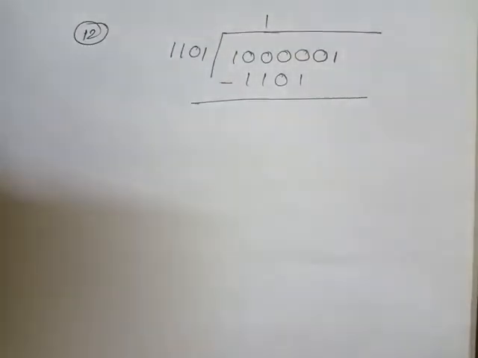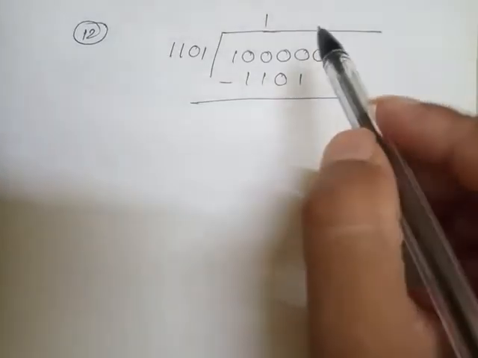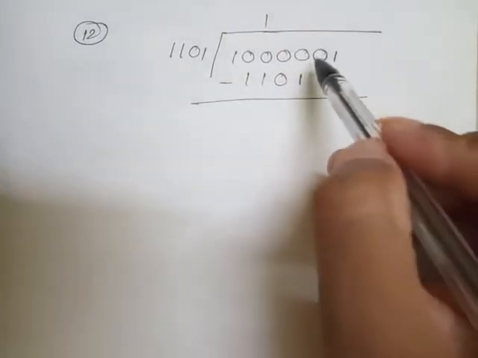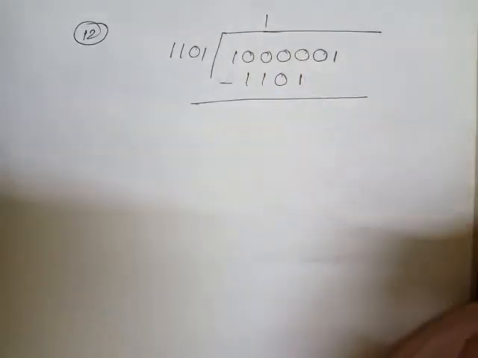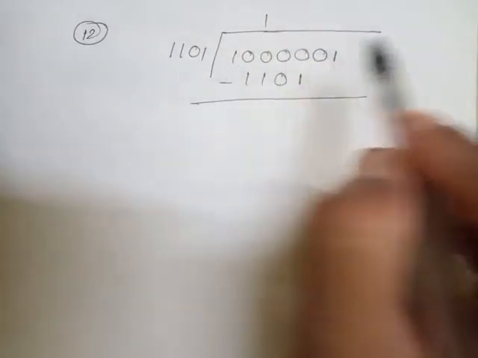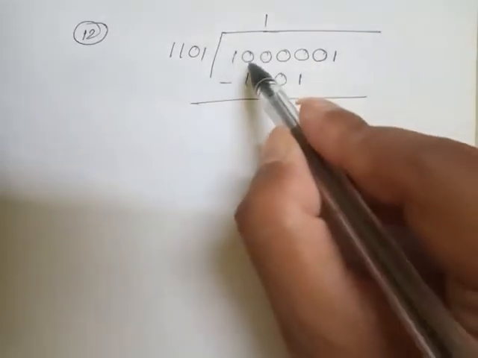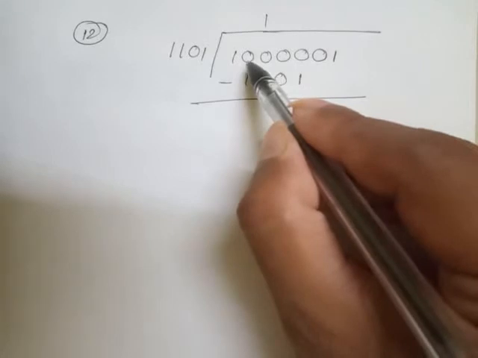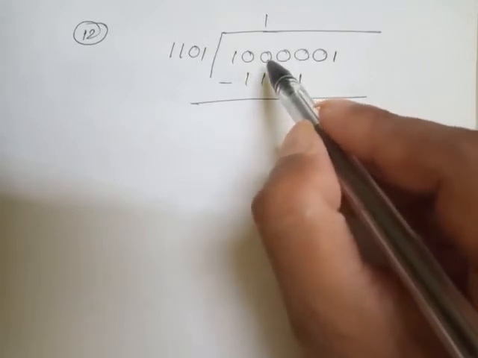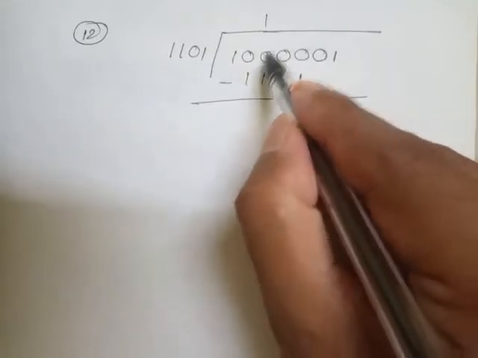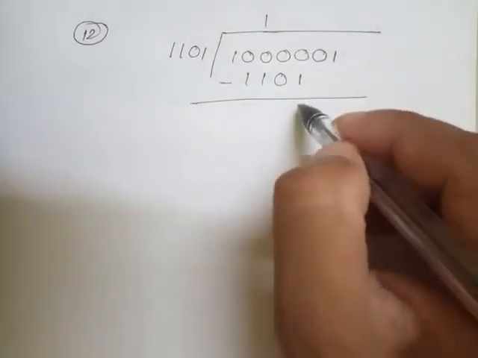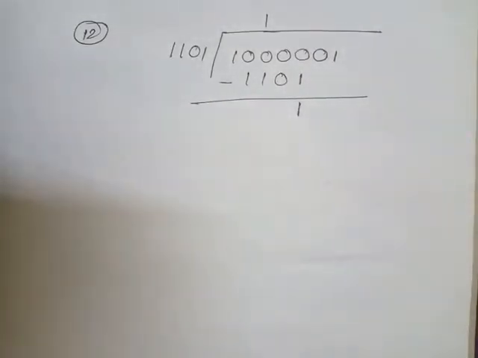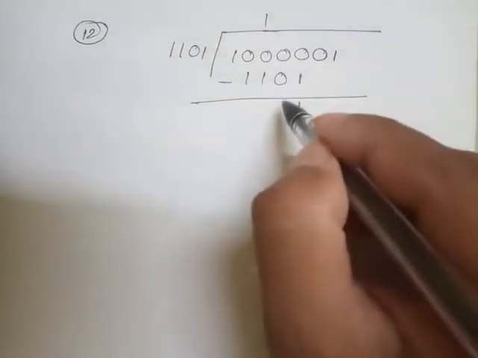Now go for the subtraction. Since there is 0, if it were decimal, carrying 1 would make it 10, and 10 minus 1 is 9 in decimal. But here it is binary, so we take a carry of 1, which makes this 2. Carry 1 means there is 1 and there is 2. 2 means 10 in binary. Again carry 1, and there is 2 again. 2 minus 1 is 1. Actually 2 in decimal is 10 in binary. Now there will be 1.